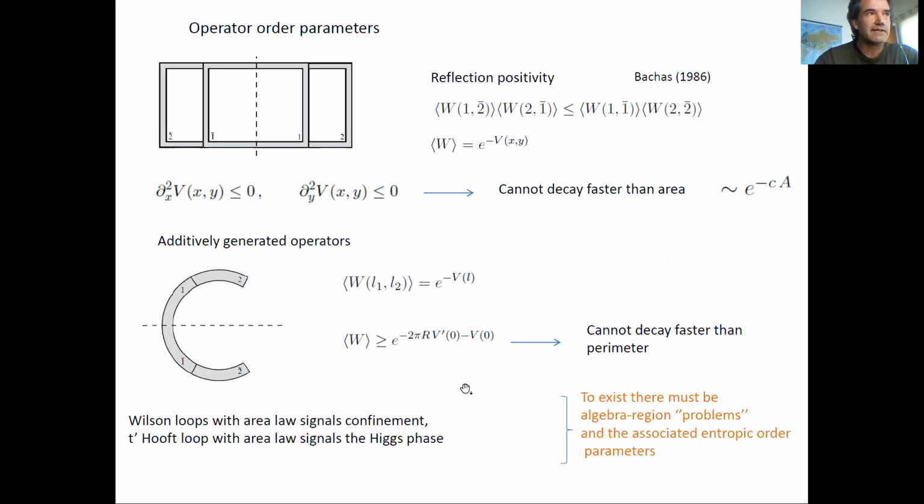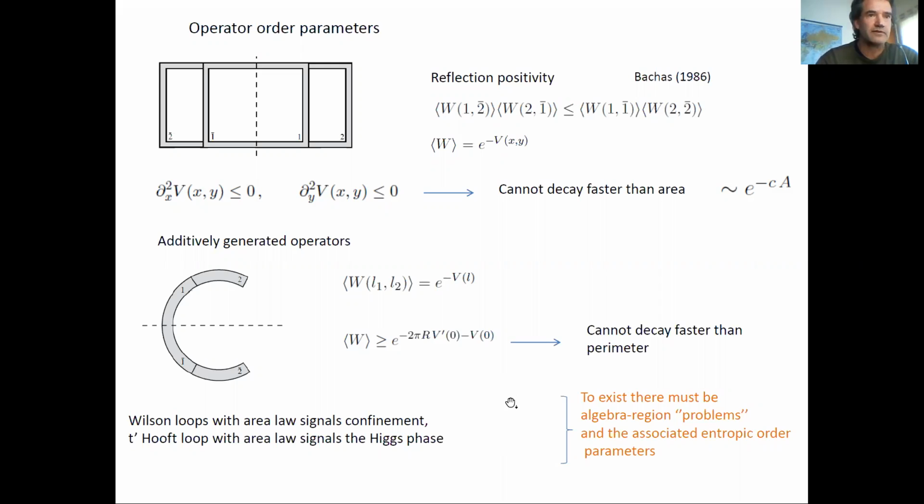So it means that if you have, for example, an order parameter for confinement that you expect to have an area law, you must automatically have a non-local generated operator. And with that, you automatically have several possible assignations of algebras to ring-like regions. So order parameters with area law imply that you have more than one possible algebra, and then you can also have